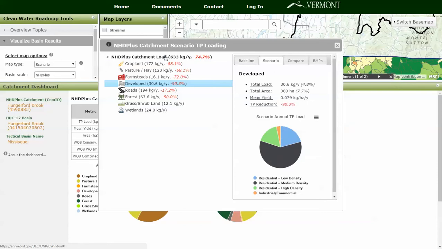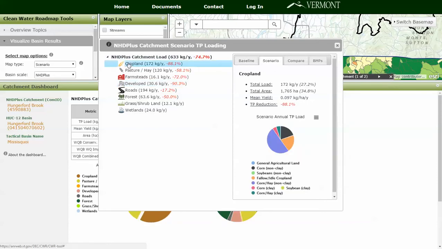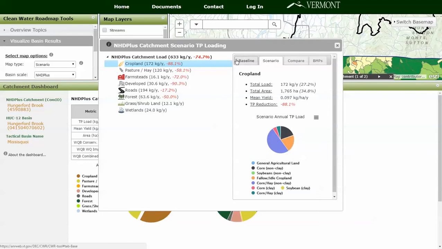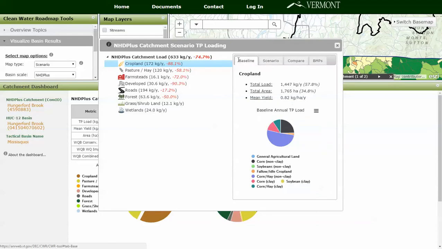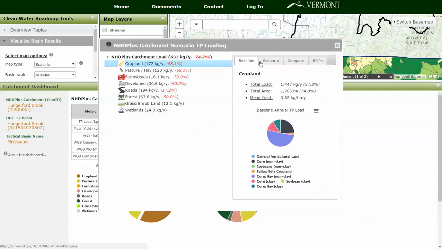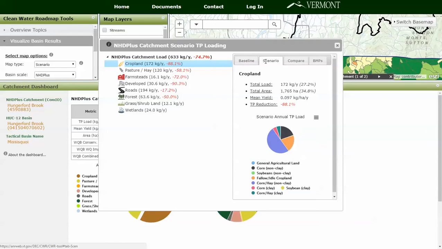Baseline scenario. Let's try cropland. Baseline scenario, and you can see the pie changes. I'm not that thrilled that the orientation of the pie has shifted. Not much I can do about that, but you can see that the area of the pie changes,